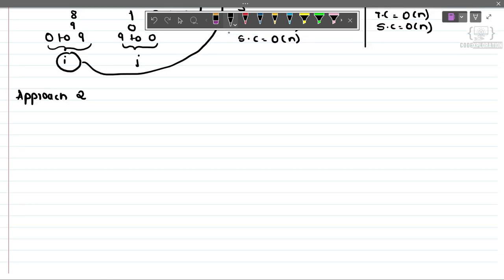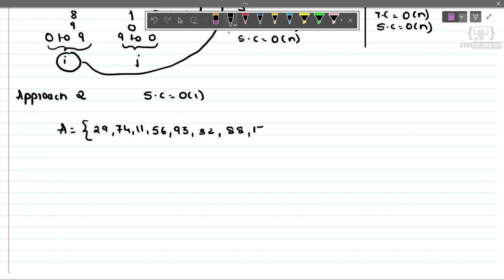Now the second approach will be, here the space complexity will be order of 1, that is, we have to reverse the array in place. Now let's understand this approach by taking an example from above. A equals 29. Now let's write the resultant array as well. Since we are reversing the array in place only, within the array we have to reverse. So the resultant array will look like this: 41,